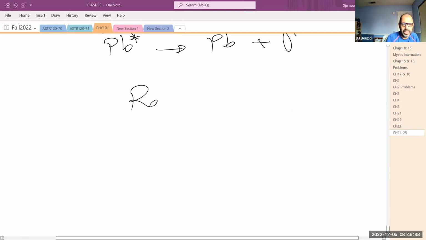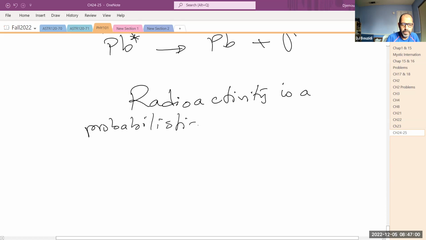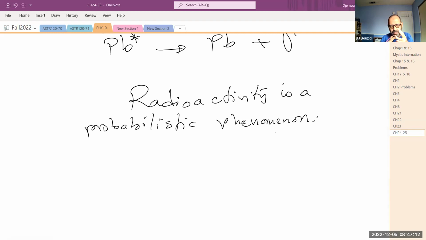Radioactivity is a random, probabilistic phenomenon, meaning a given element that is capable of doing either alpha radiation, beta radiation with all of its forms, and gamma radiation may or may not go radioactive anytime. So it may go now, you may wait for it for 3 seconds, you may wait for it for 3 days, you may wait for it for 3 weeks. When it's going to do that,